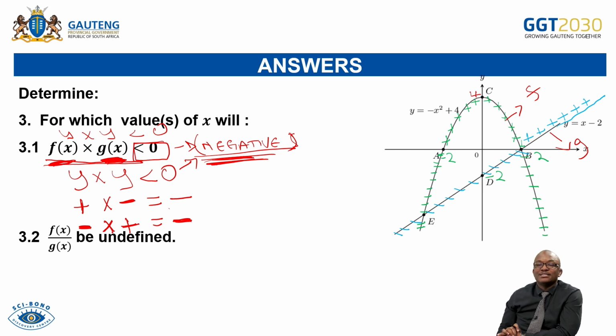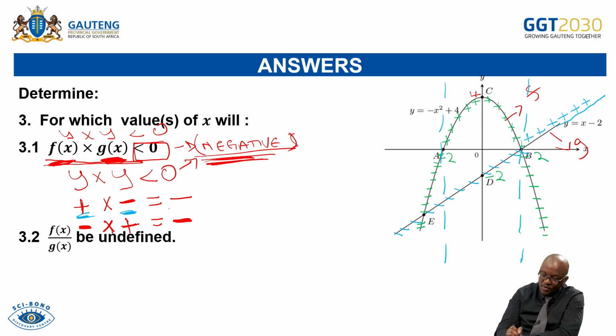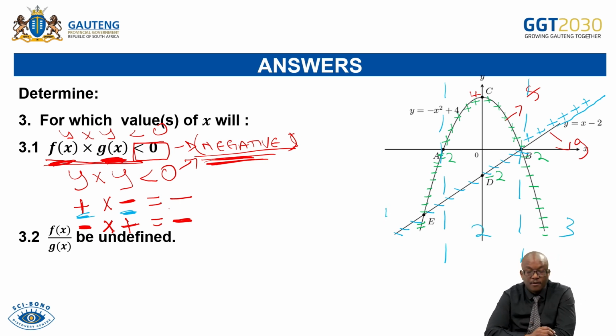where do we then satisfy these conditions? Which condition? The one where y that is positive is multiplied by the one that is negative. So we have intervals there. We have the first interval, and we have another interval there. Correct? How many intervals do we have? 1, 2, and 3. On the first interval,